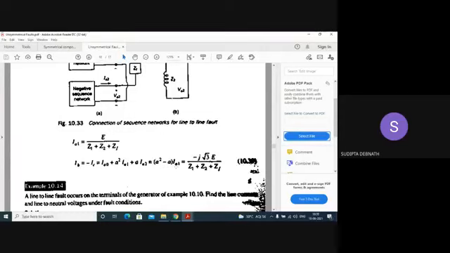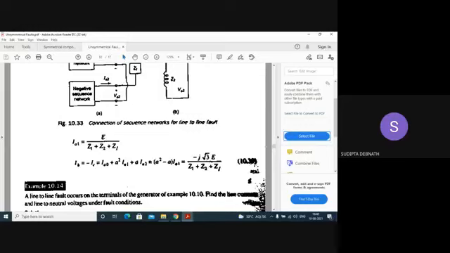And a square minus a. You know what is the value of a square? 1 angle 240 degrees. What is a? 1 angle 120 degrees. So you use your knowledge and find out a square minus a is equal to minus j root 3. Substitute instead of IA1 the E by this expression. You have to remember this value. What is the fault current in case of a line-to-line fault?